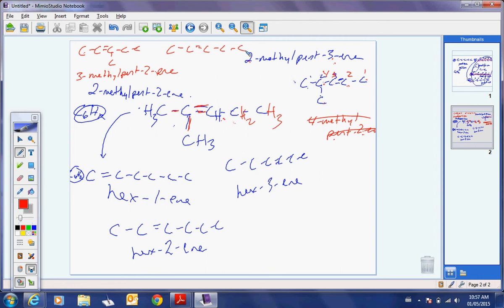Wait, so it's different if you say have, so you can have a 4-methyl pent 1-ene, because the double bond's there. Can I have a 4-methyl pent 1-ene? Is that what you're asking? 1, 2, 3, 4, 5. Pent 1-ene. 1, 2, 3, 4. Methyl, definitely. So you can, it doesn't flip, because then that changes where the pentene is, okay, yeah. I'm confirming with myself.